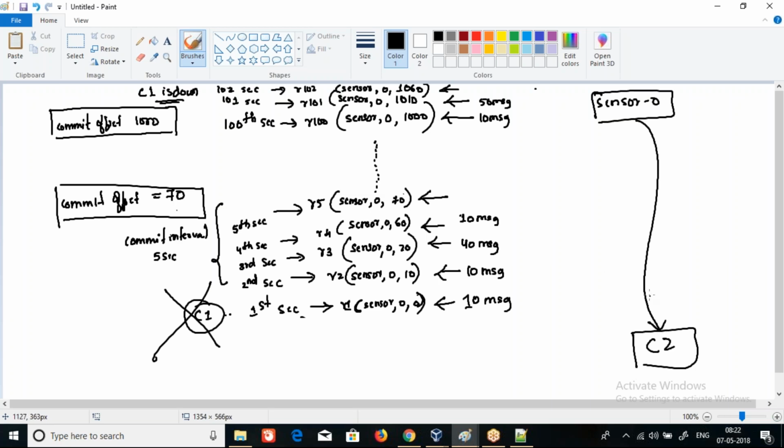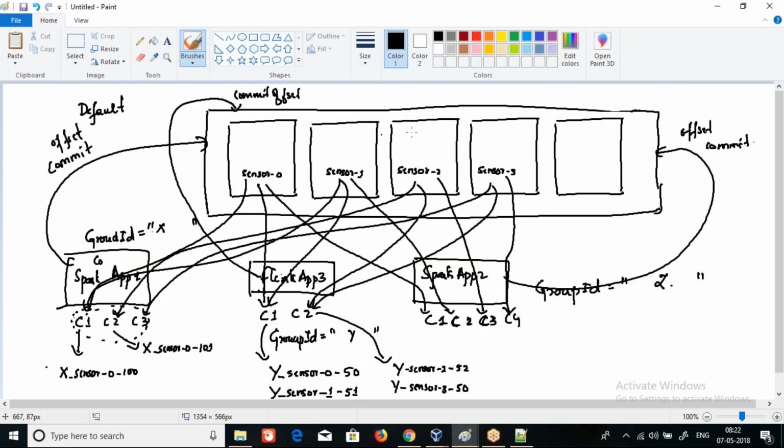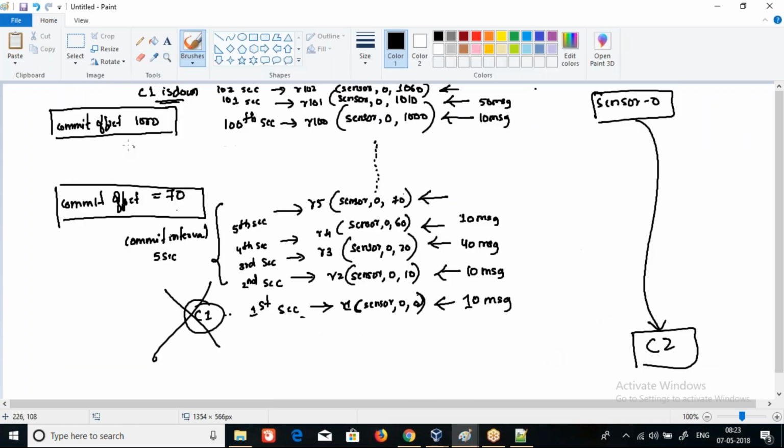Now it will check the offset that was committed. As I said, by default, the offset is committed in Kafka itself. So it will check that the latest offset that is committed is 1000. Here it will send a request for sensor topic, sensor 0, partition 0, and it will say offset as 1000, because the latest offset that was committed was 1000,